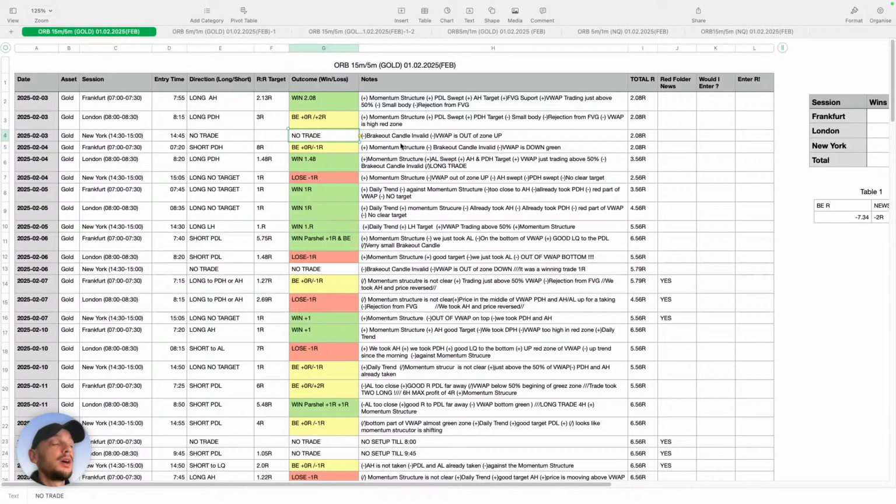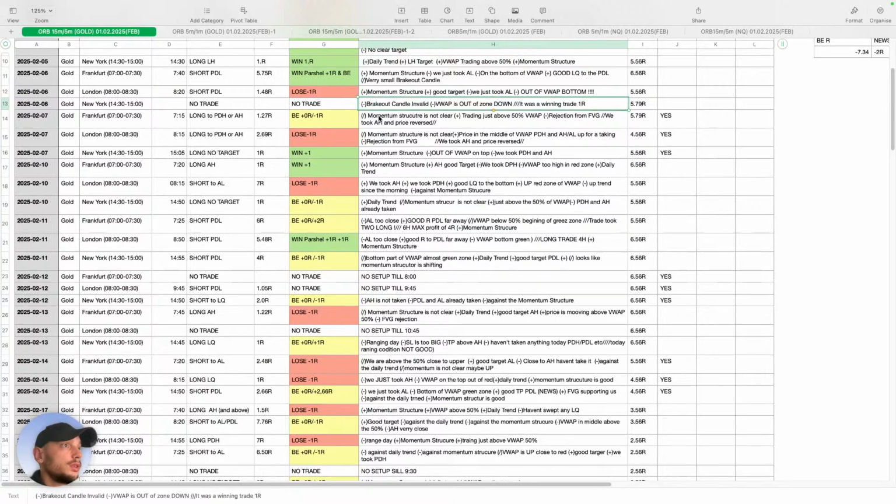because it doesn't apply with my major rules, which I have. Let's say it was too late. It took 1 hour to break the 5-minute candle, the 15-minute range on 5 minutes. It took 1 hour, so this is invalid. We are entering at the DR session, so it doesn't make sense to enter. Breakout candle, it's invalid. This is another reason.